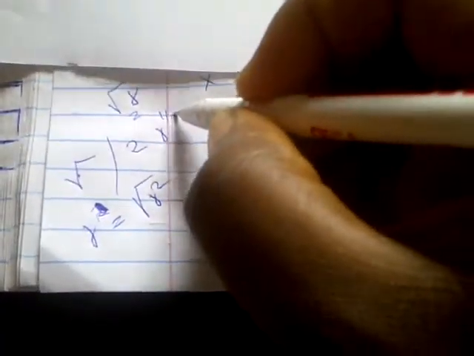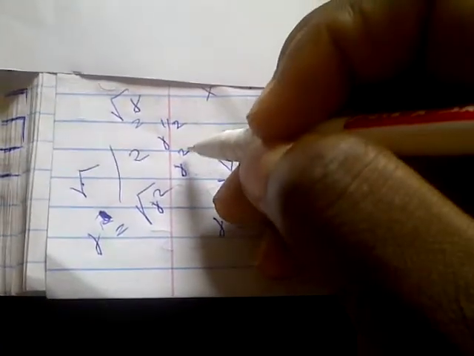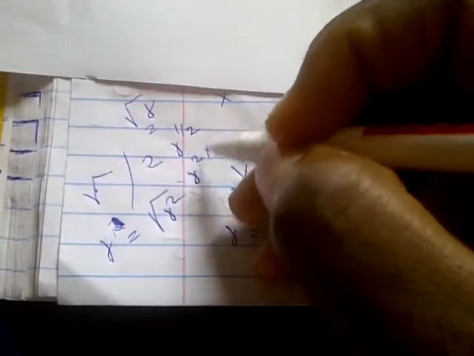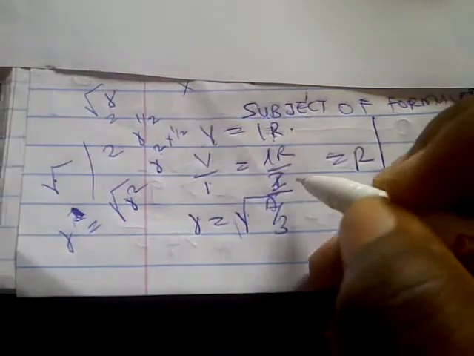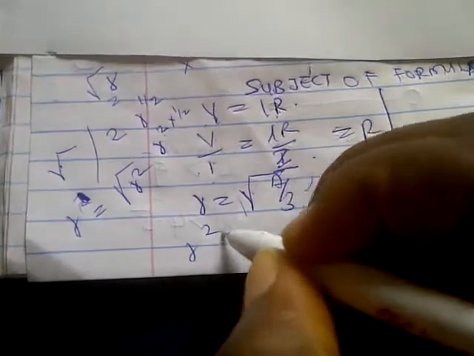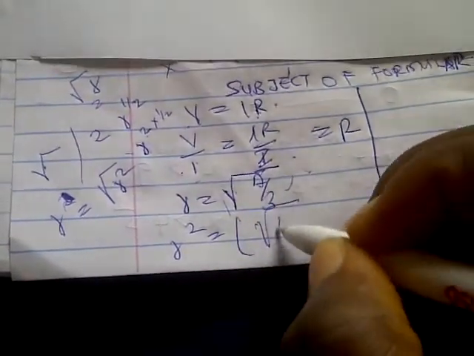Square root of R is the same thing as R raised to power 1 over 2. So if we want to cancel out the root, we have to find the square root of it or multiply the index by 1 over 2. What I'm just trying to say is, for us to be able to clear the square root, we have to square both sides. Now squaring both sides, we have R squared equal to root of A over 3